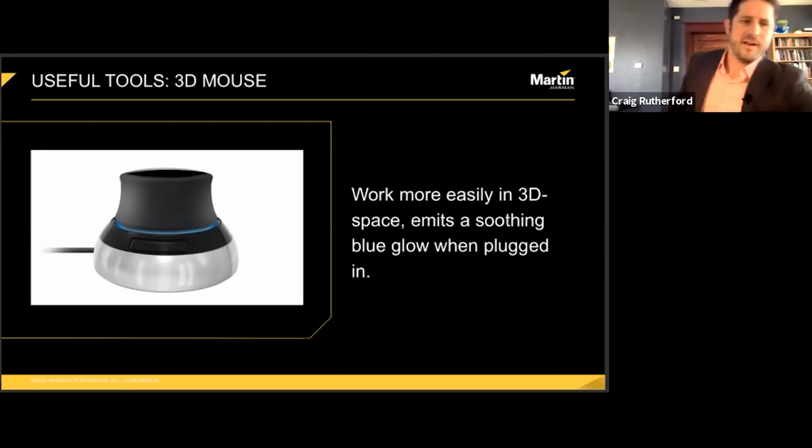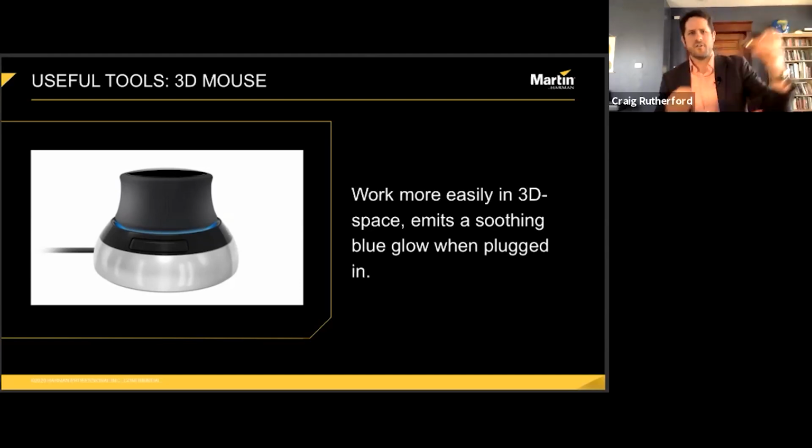It's sort of a, I have it here, sort of a puck-shaped device where you move the puck in the ways that you want the 3D object on screen to move. Takes a bit of practice to get the hang of moving around with it. But once you do, it's great. I think the model I have costs about $130. In my view, it's not too burdensome of an investment if you do a lot of 3D modeling work.